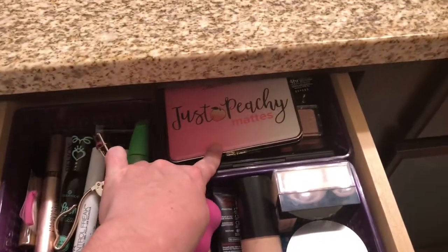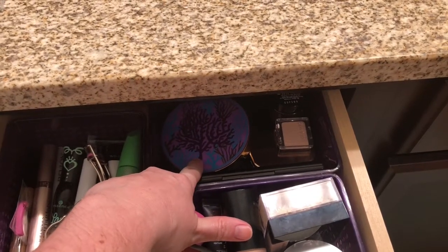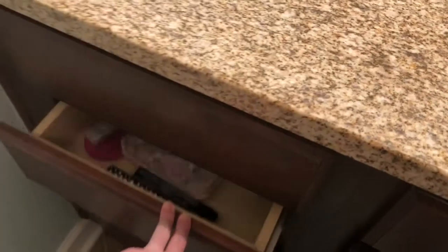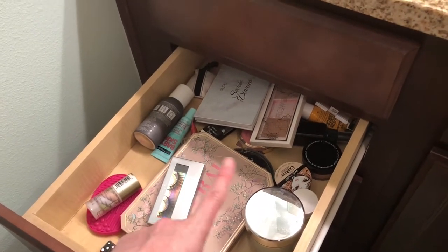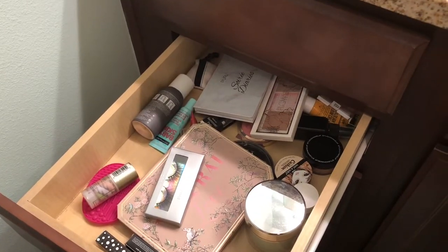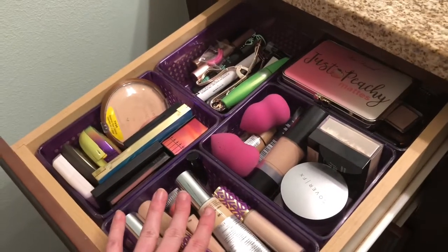This very back section, I just have a couple palettes that I use all the time. So I have my Just Peachy, my Tarte one from the BoxyCharm, and a couple other little ones back there. The drawer right under my everyday makeup drawer is a little bit of a mess, and it's a little bit of a catch-all drawer. So I just keep palettes down here that I'm not using, things from BoxyCharms, things from Sephora Plays, and I really want to organize this drawer and rotate things out of my everyday makeup drawer so I really know what I have, because I have a lot of makeup up here